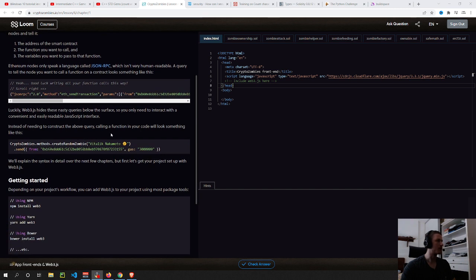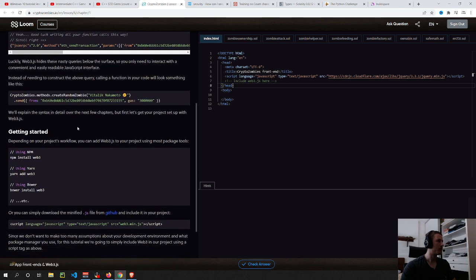Ethereum nodes only speak a language called JSON RPC, which isn't very human readable. A query that tells the node you want to call a function on a contract looks something like this. Look, writing all your function calls this way. So it's pretty much an API, similar to an API call. Luckily, Web3 hides these nasty queries below the surface, so you only need to interact with a convenient and easily